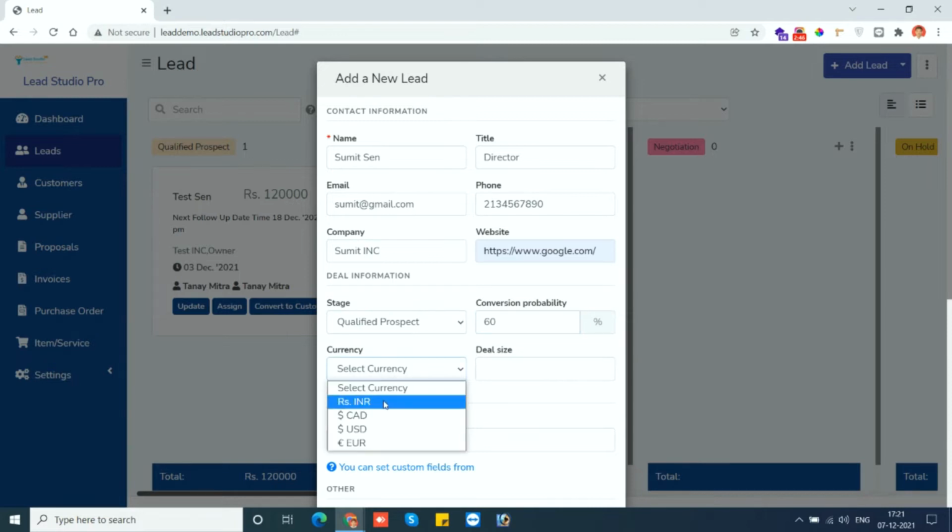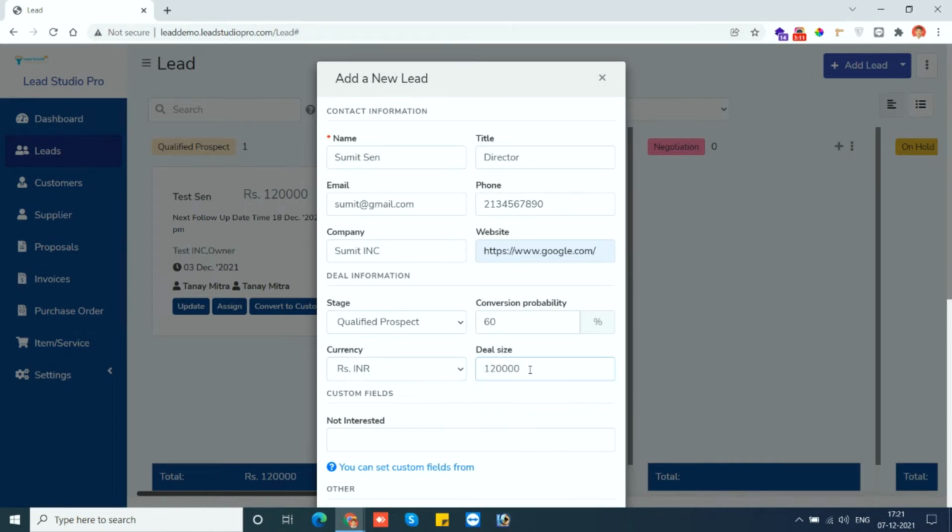See, you can create different leads for different currencies. Maybe you can have an international customer or an Indian customer. For an Indian customer you can choose the currency INR. If you have an international customer, you can choose their respective currency, and from settings you can add more currencies whatever you want.